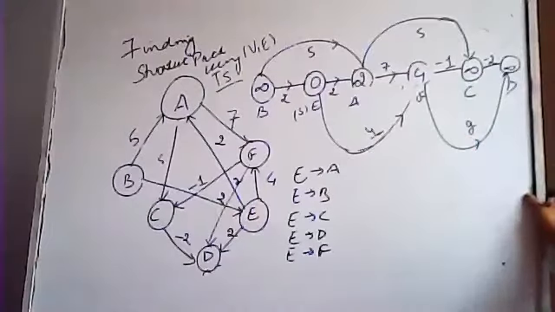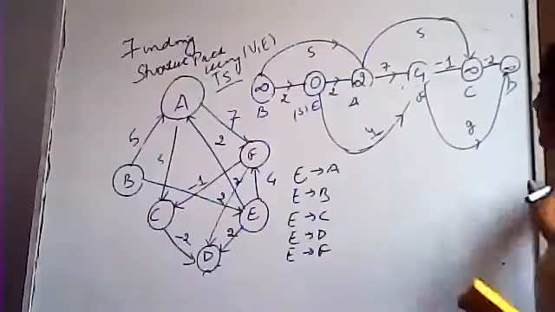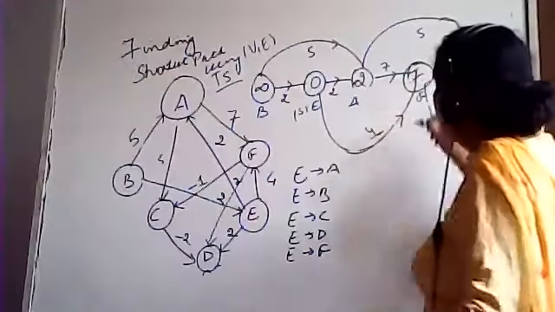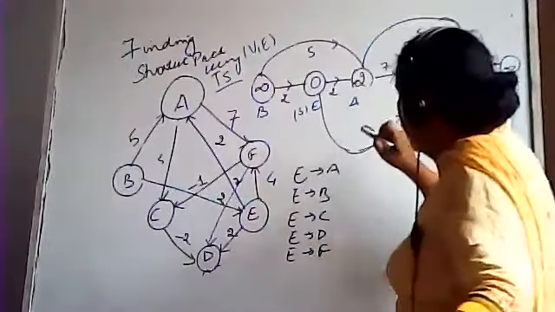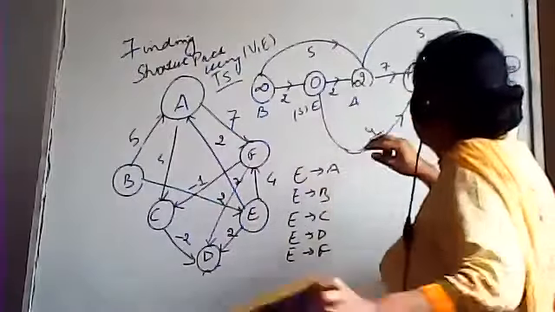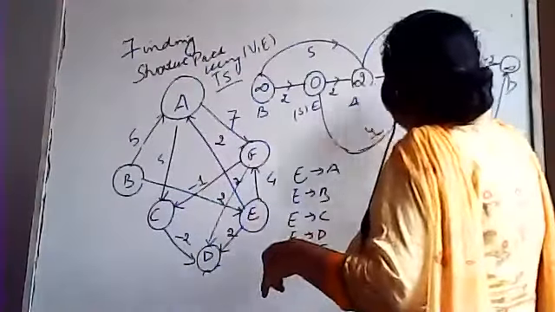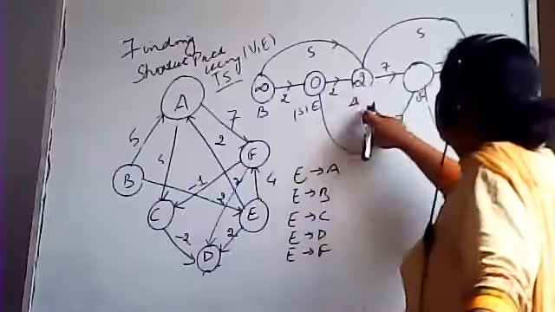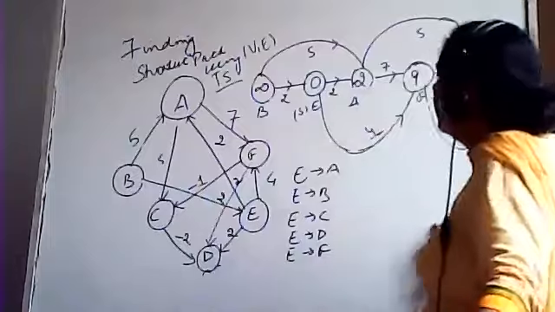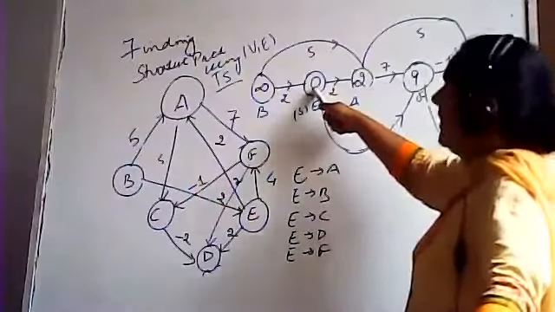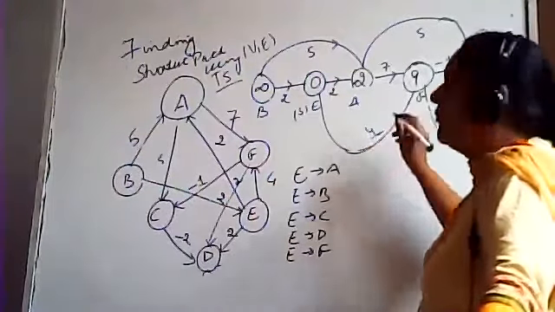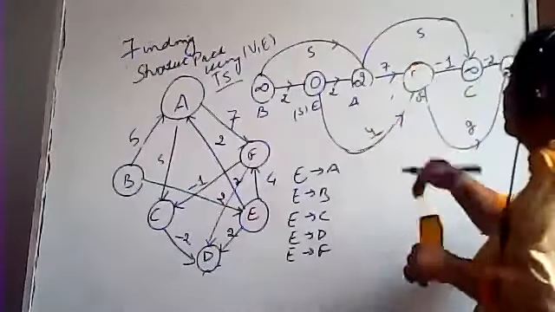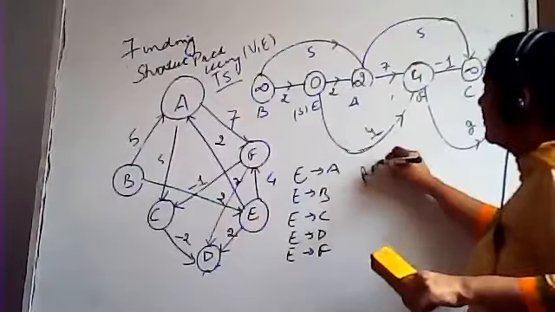Is it clear? See again. I put 7 here. Okay. Now calculate. This is 2. The weight of the e to a edge is 2 and this a to f is having 7. So 2 plus 7 would be 9. Now see, weight of e would be 0. 0 plus 4 will be 4. So 4 is less than 9. So update this part with the better option, that is 4. So this is called relaxing of edge.